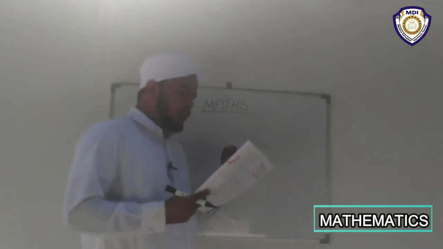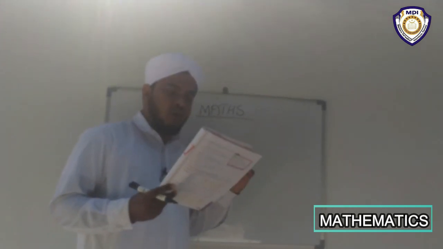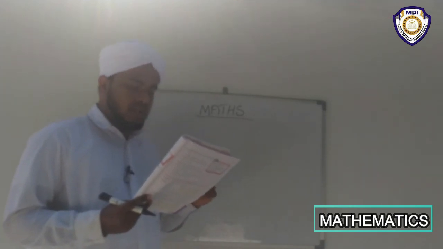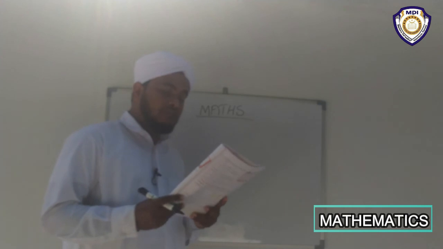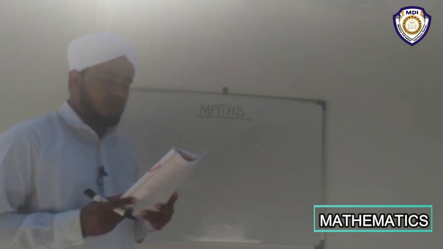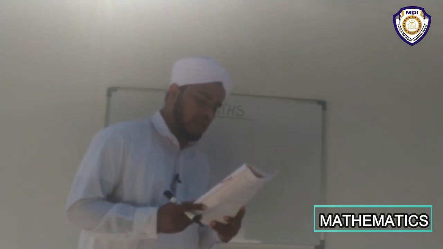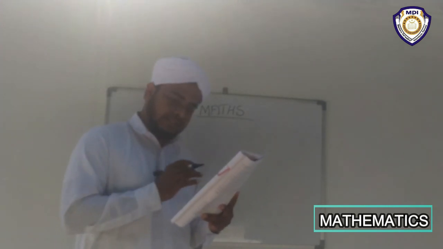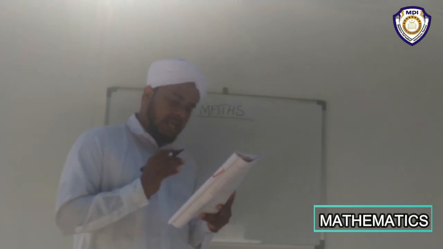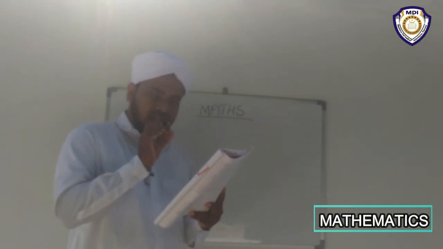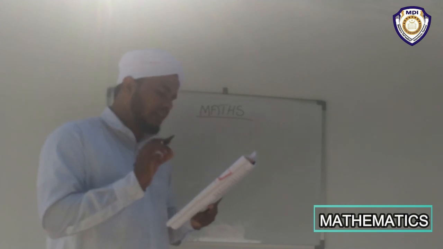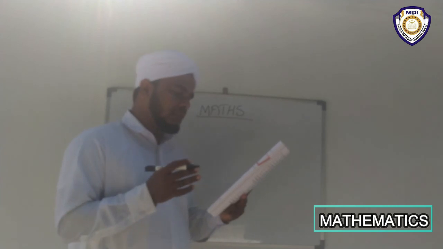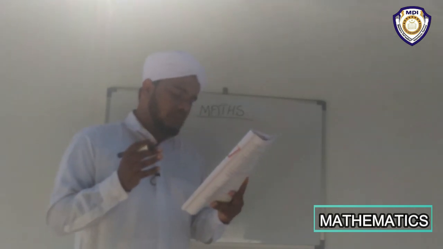There is example 2. Find the HCF of 144 and 240 by using the prime factorization method. You have to find the answer. There is an answer given, but don't look at it. First and foremost, write your own answer, then compare and see where the fault is and where it is correct. Then it will be of benefit to you.